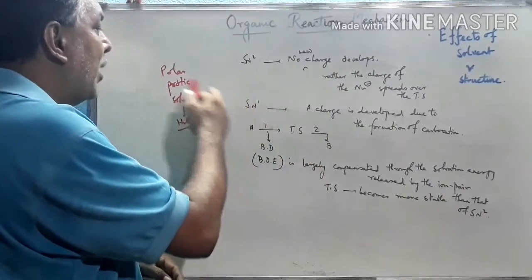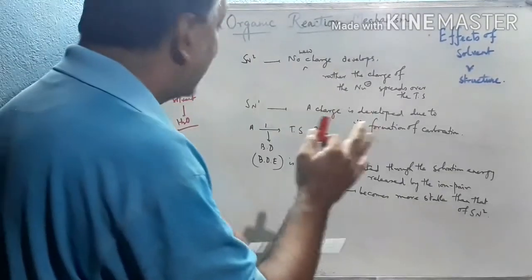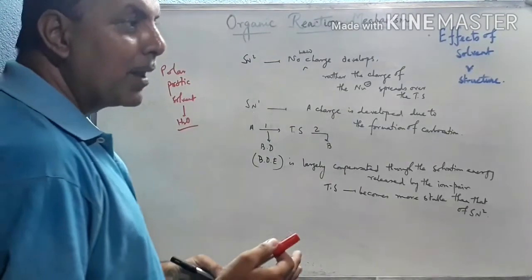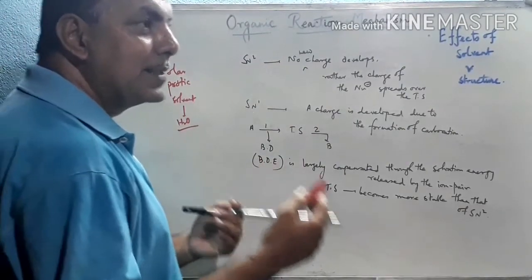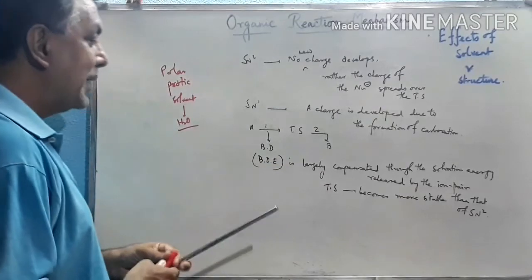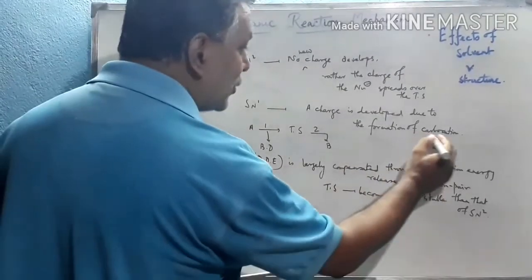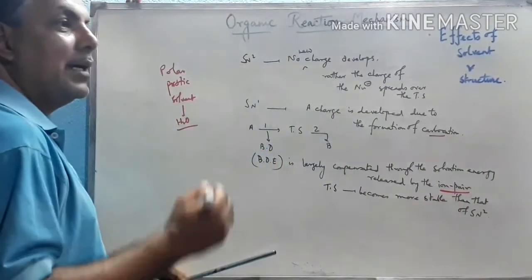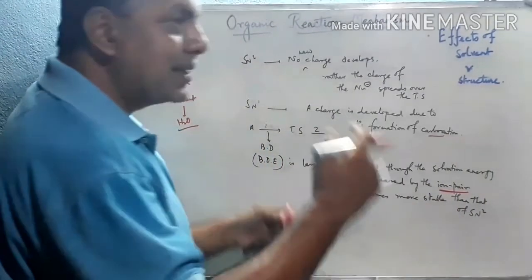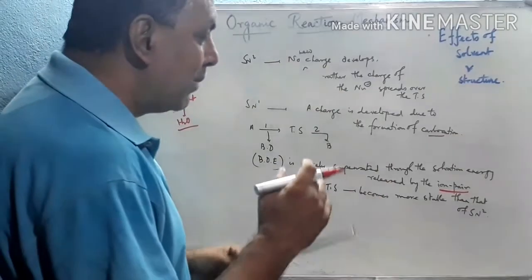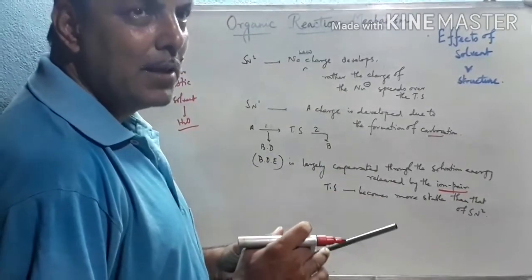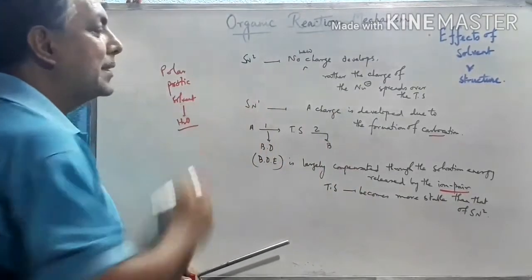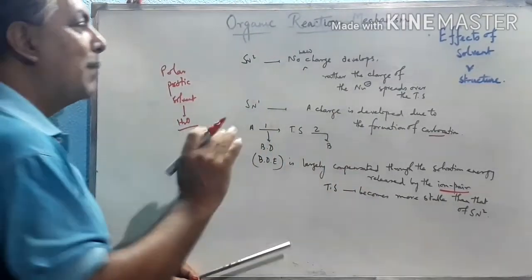So in case of SN1, solvent is an important factor, because if the solvent is polar protic or simply polar, the rate of reaction increases more, because that solvent stabilizes the carbocation as well as the ion pair. Actually the carbocation as well as the leaving group. We know that the more stable the transition state, the greater the reaction rate. Hence, the SN1 reaction rate increases in polar protic or simply polar solvent.